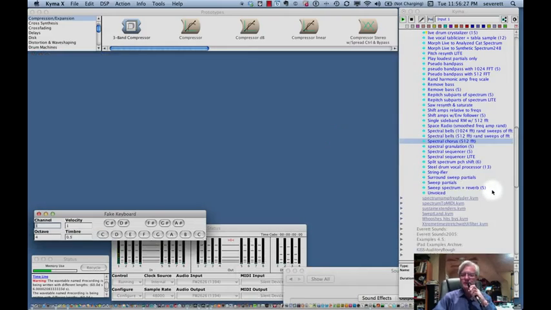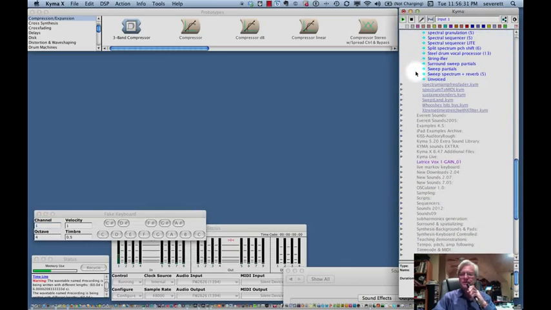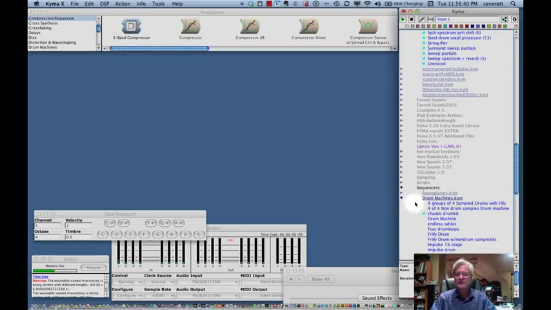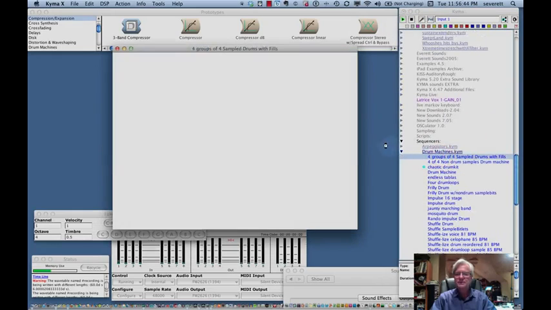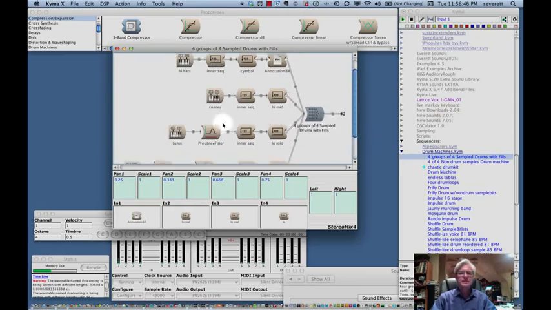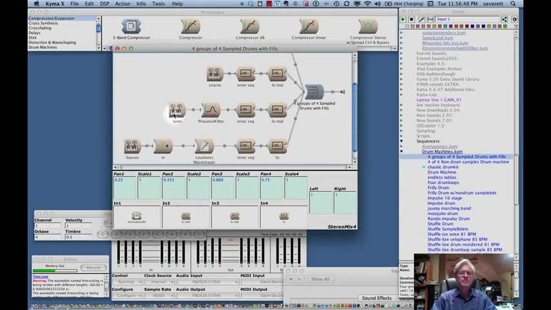If I want to then take you very quickly and just show you a few other things over here real fast. If I move on down, for example, in the sequencers, there are a lot of different interesting drum machine patterns if you're interested in making some of these. Let me just try this one. So you'll see here, this is the same kind of thing. We just pulled certain patches into this, and if I compile,